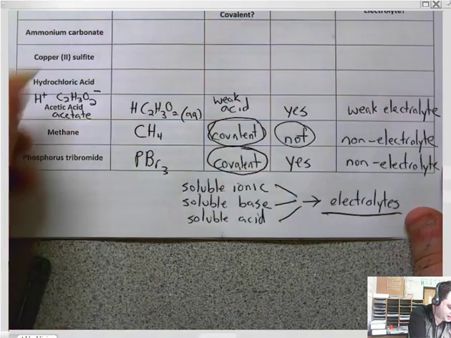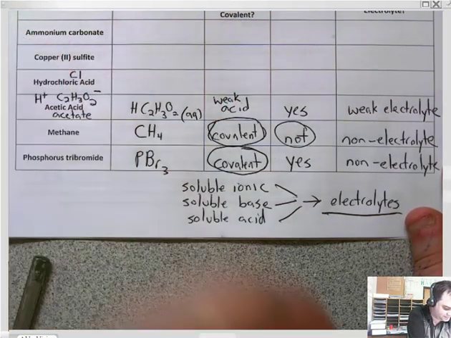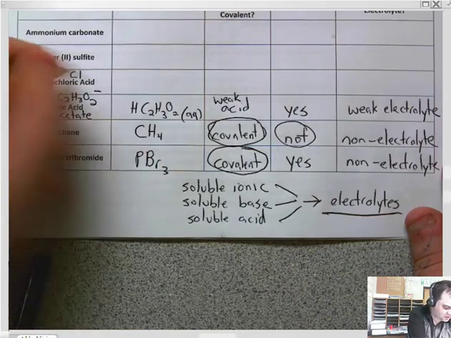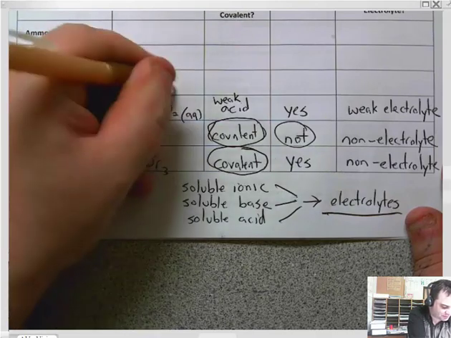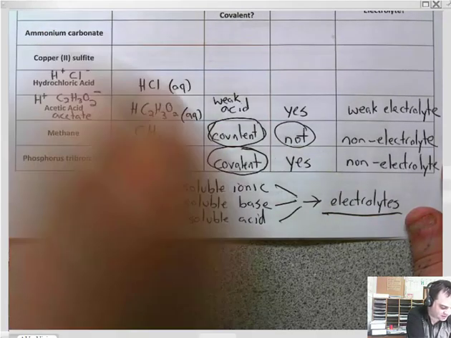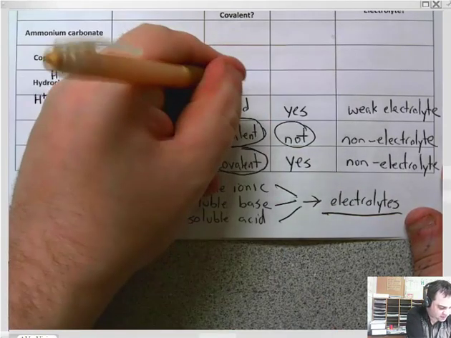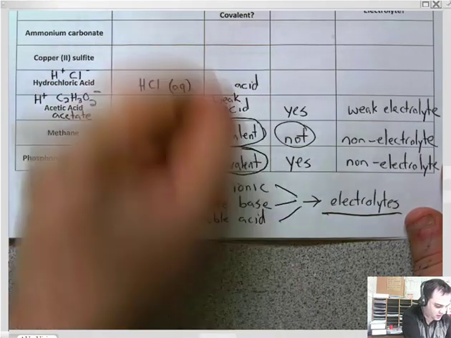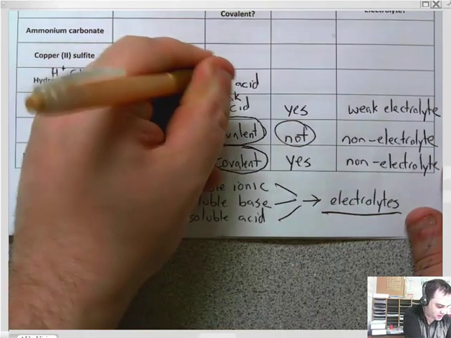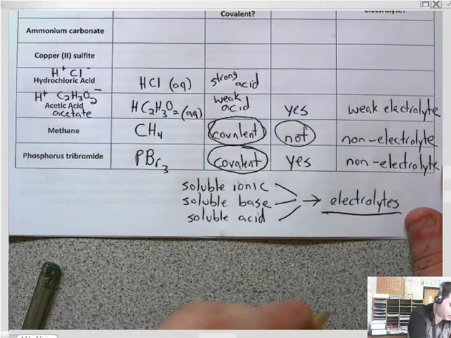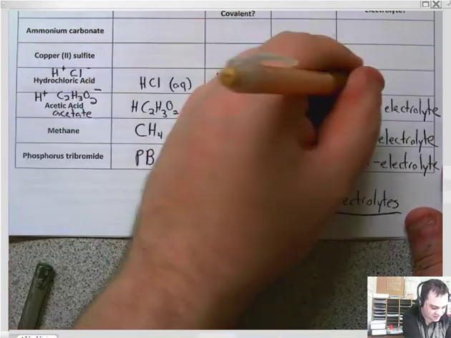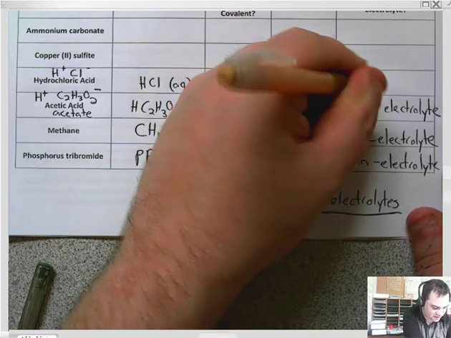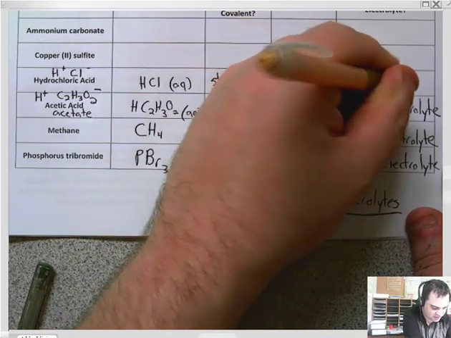Hydrochloric acid. This is the acid of chloride, so this is just H plus Cl minus. The next chapter is acids and bases, we get to study that next. Hydrochloric acid is an acid. It is on the strong acid list. It is in your stomach, that is gastric acid. It is soluble. And since this is a strong acid, this is a strong electrolyte.